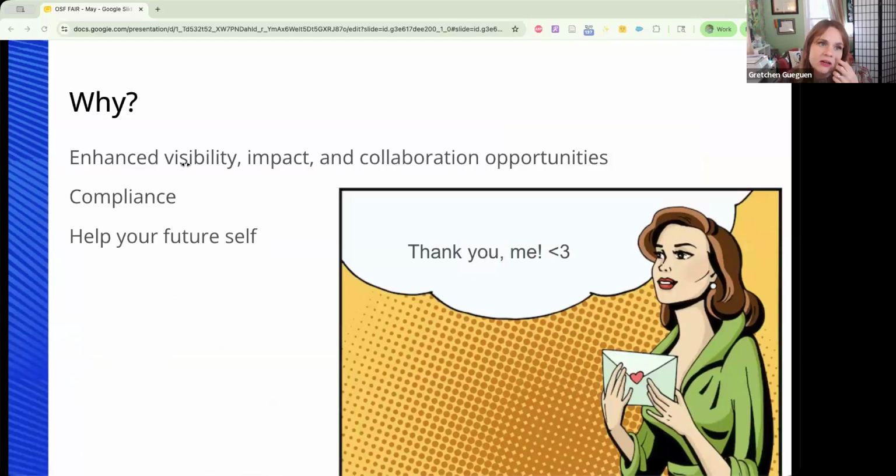So we've seen a little bit about how metadata can be used, and the FAIR guidelines provide you with some tips on maximizing that impact. Putting in that effort helps you in many ways. So we showed that metadata is crucial to how people find and understand your work. So better metadata will enhance your impact and collaboration opportunities.